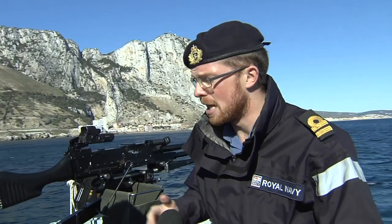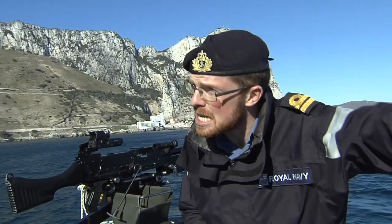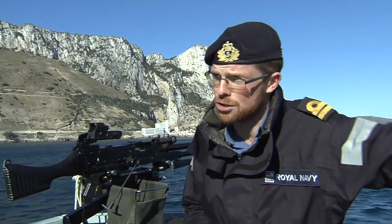On HMS Scimitar, I am the gunnery officer, so I maintain and clean the GPMGs, the SAEs, and also do all the preps for when we go shooting. Normally, once a month or so, we go out into international waters to the east of British Gibraltar Territorial Waters and conduct gunnery against a target, just to make sure we keep all the guys up to speed with all